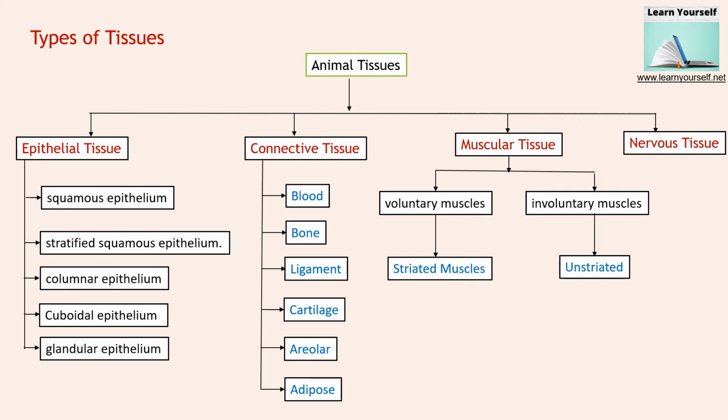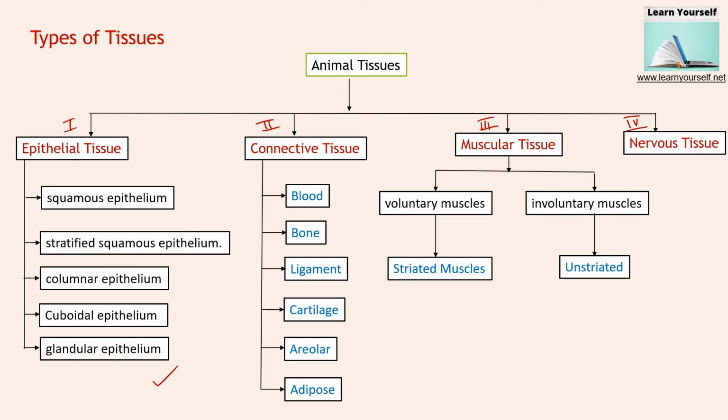Now types of animal tissues. There are four types of animal tissues: epithelial tissue, connective tissue, muscular tissue and nervous tissue. Under epithelial tissue, there are types of tissue: stratified squamous epithelium, columnar epithelium, cuboidal epithelium and glandular epithelium. All these epithelial cells are named as per their functions. So once you understand their functions correctly, it will be very easy to remember their names as well as